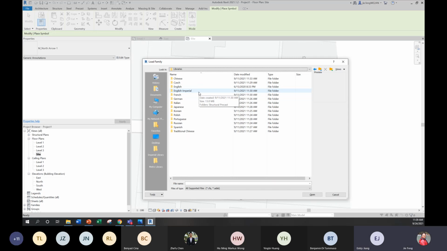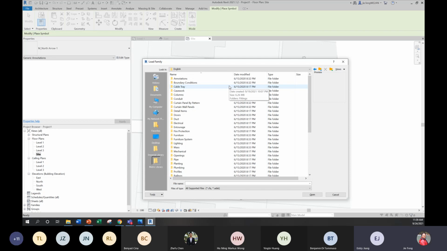Let me see. Yeah, take your time, don't worry. I'm just trying to find the libraries because it says it's in English. It's in English. Libraries. So libraries would it be is it Australia? Wait, Australia? Would I go Australia? English. Okay, English. And then it should be on a